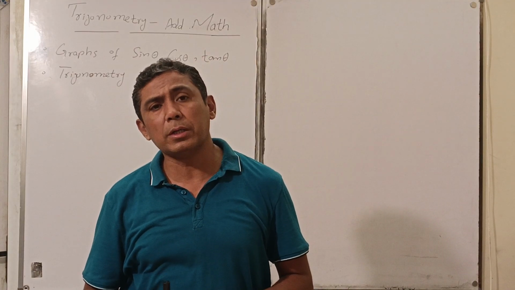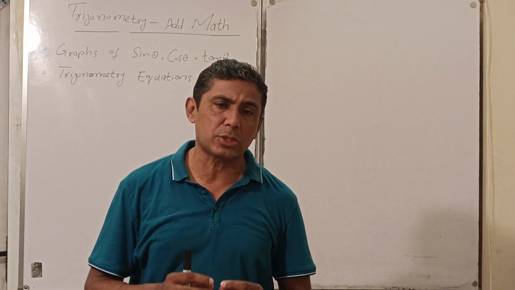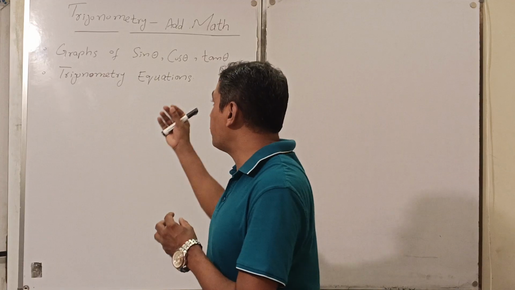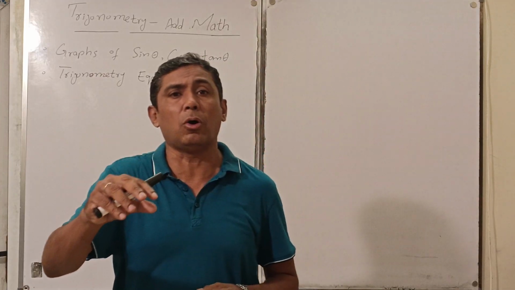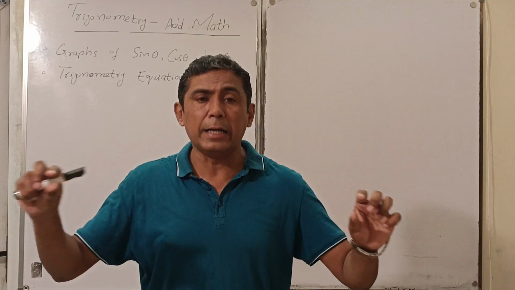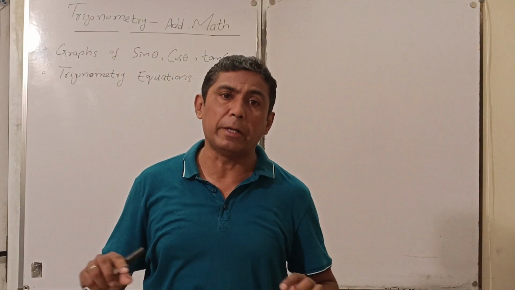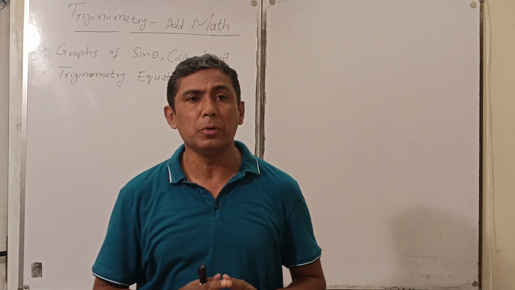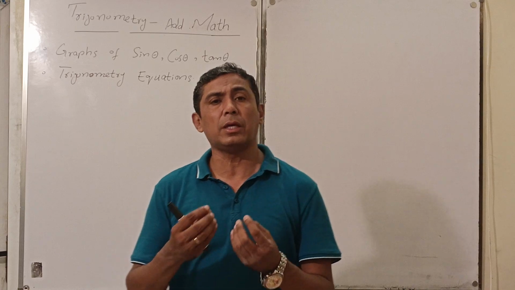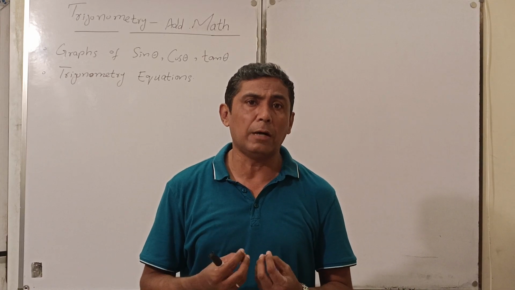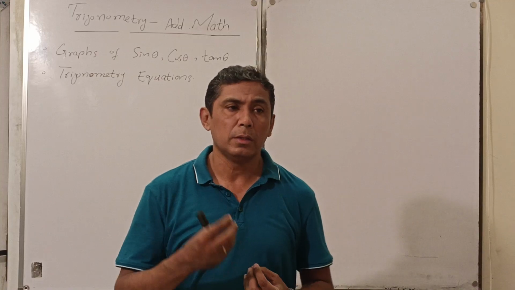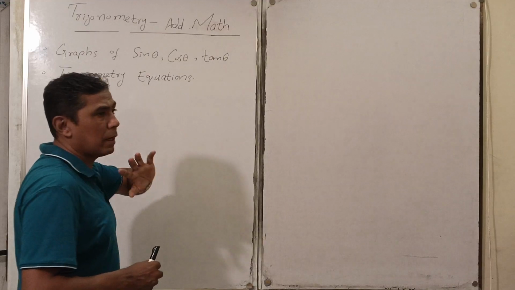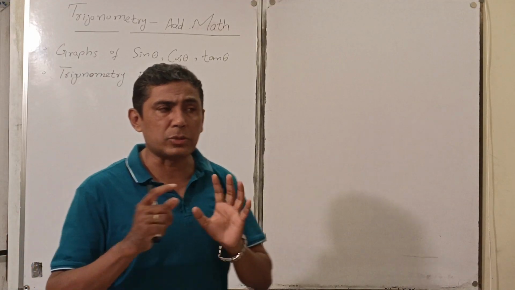This is a very important and most commonly tested topic of the examiner in your Cambridge exams: how you have to plot a graph and how you have to solve identities or equations of trigonometry. One important thing, guys, I want to make clear. According to your syllabus, there are three important graphs that you have to plot: the graph of sine theta, graph of cos theta, and graph of tan theta. Clear? That is part of your syllabus.